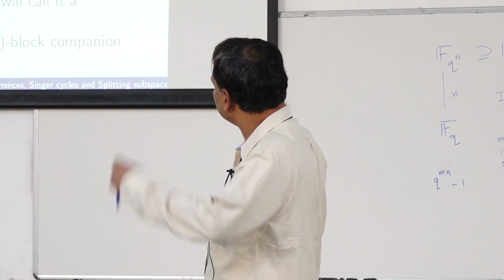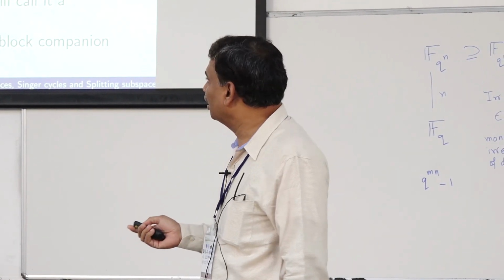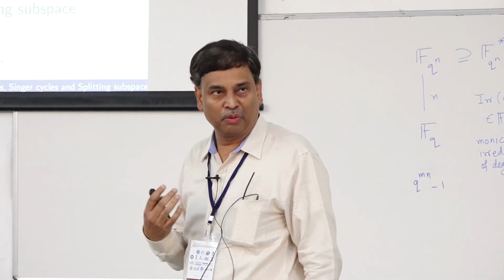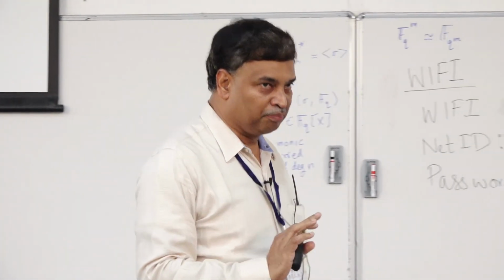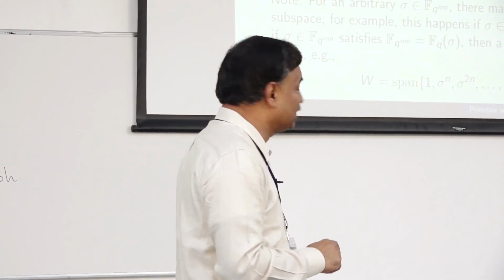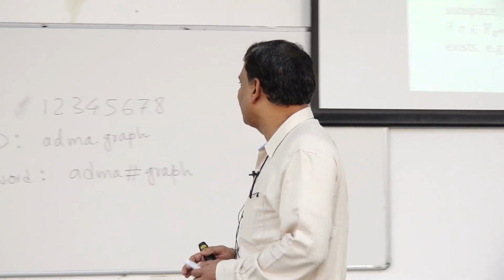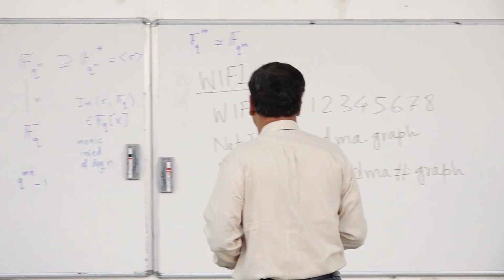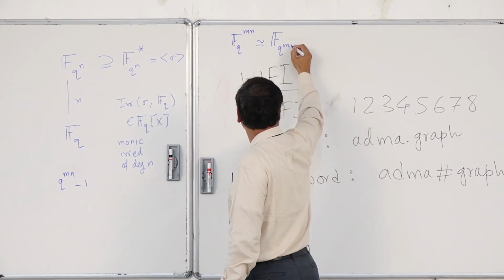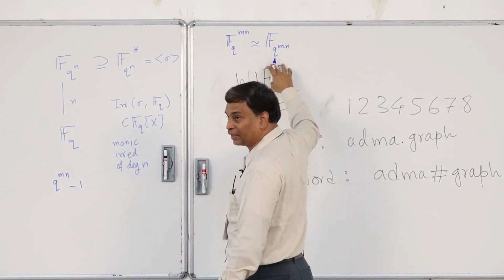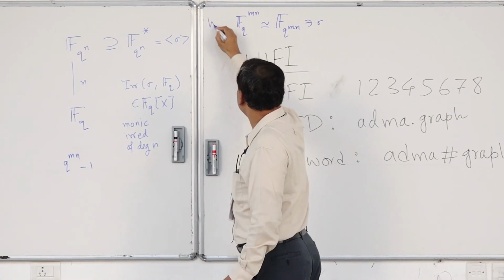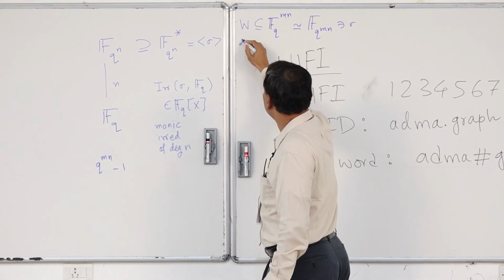Now maybe I should explain what splitting subspaces are. Splitting subspaces is a concept which actually originated in Niederreiter's paper. He pointed out that these are relevant for his vector recurrences. What is a splitting subspace? I told you already that over a finite field, if I look at this mn dimensional vector space, it has a natural multiplication. So, if I take some element sigma here, and if I take some subspace W of dimension m,